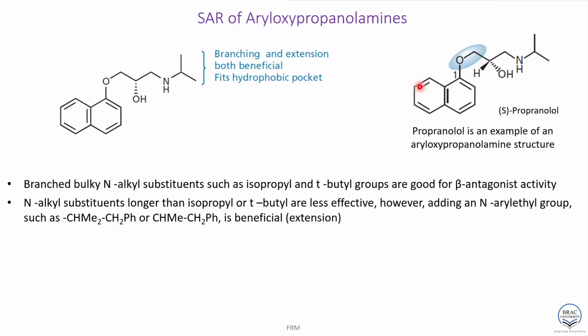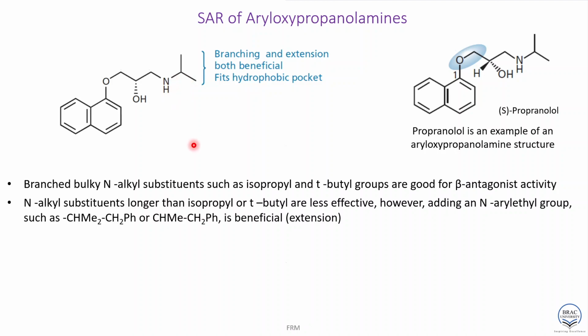Next, the SAR. The first one is that branched alkyl groups, such as tertiary butyl or isopropyl groups, on the amine mainly help for the activity. Those branching structures are helpful for the activity